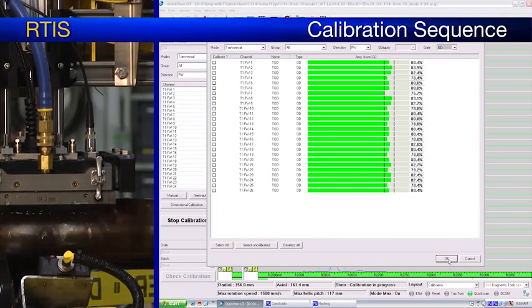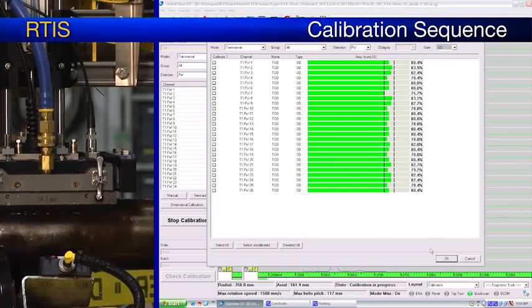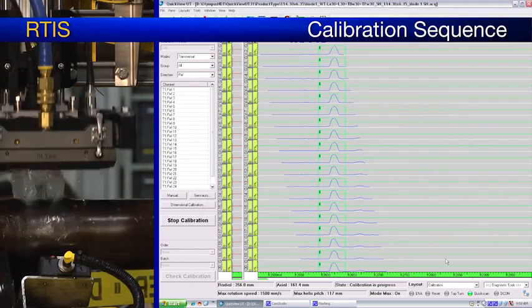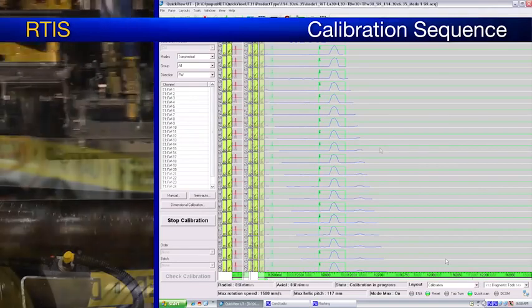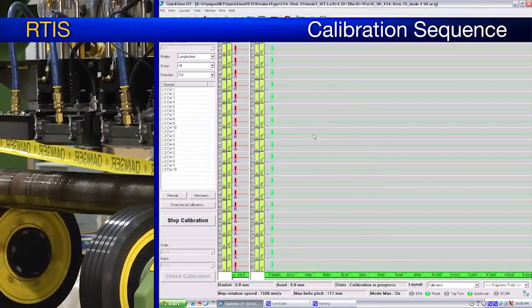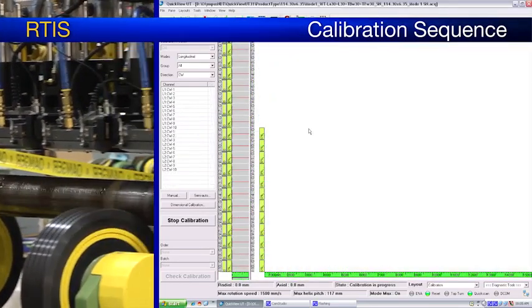After the second pass, calibration is perfect. We will now move on to the longitudinal OD defect.